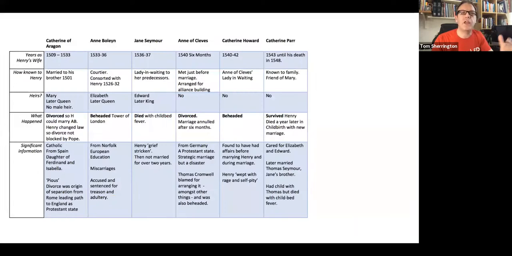So the story and the purpose behind learning Henry VIII's wives is what we have to think about. We don't really care if we can name them. What's the purpose of the story? It's to tell us about the history of England, of Britain. It's to do with the whole relationship between the church and the state and how that changed. And there's a whole range of characters and stories and narratives that weave through the story of